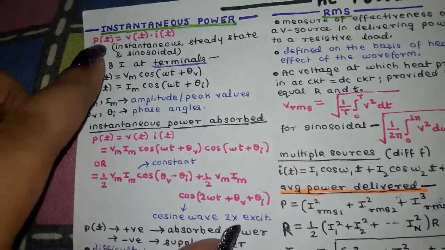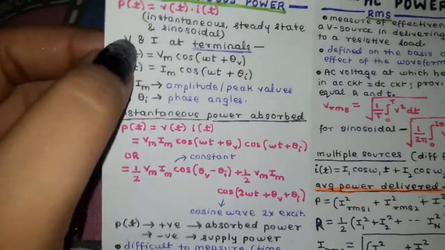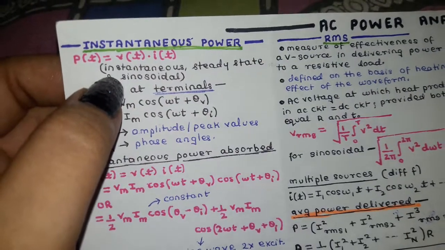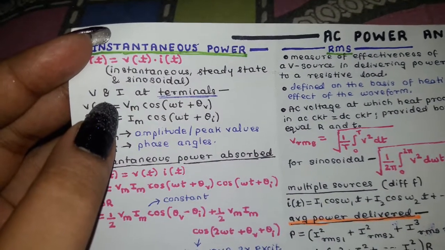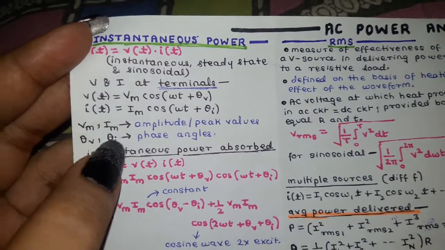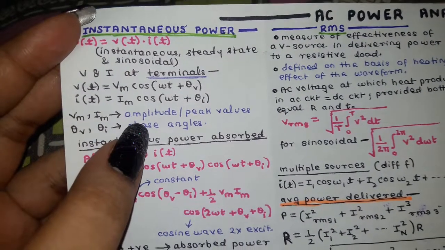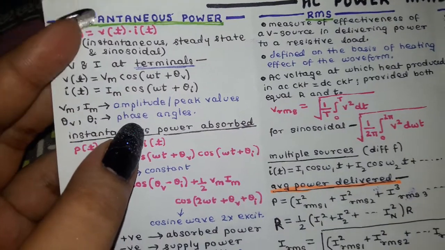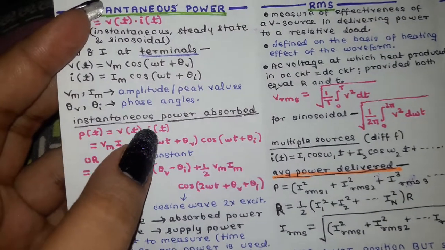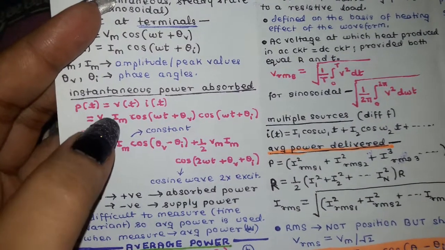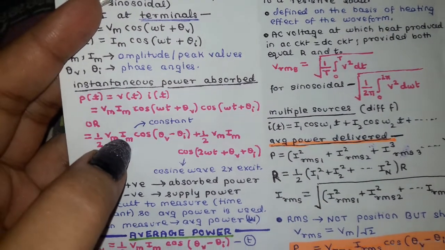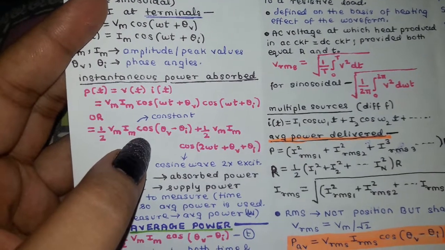This is the formula that represents instantaneous power, and it is instantaneous, steady state, and sinusoidal in nature. Voltage and currents at terminals are given by these formulas. Vm and Im here are amplitude and peak values, and theta v and theta i are the phase angles. Instantaneous power absorbed is given by this formula or this formula or this formula, depending upon what are the things